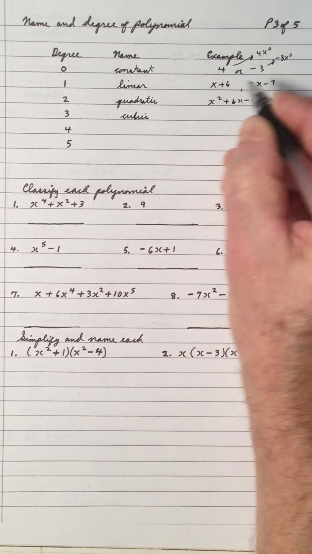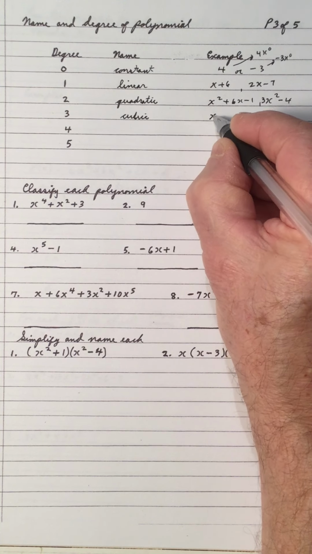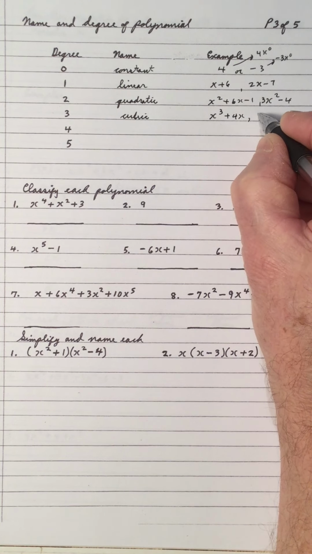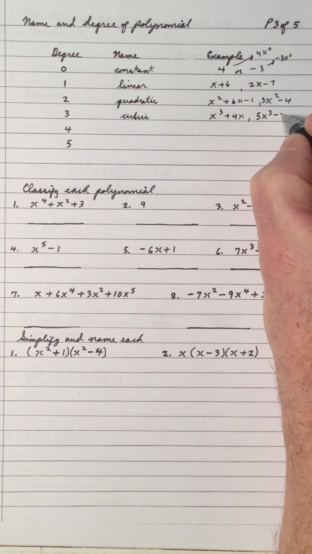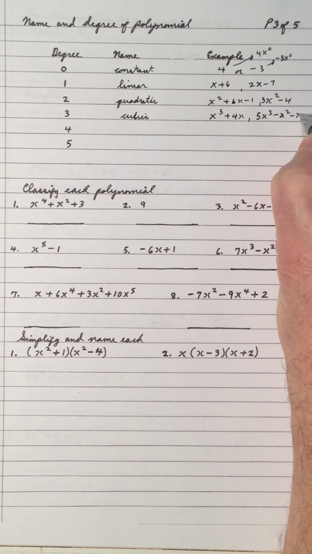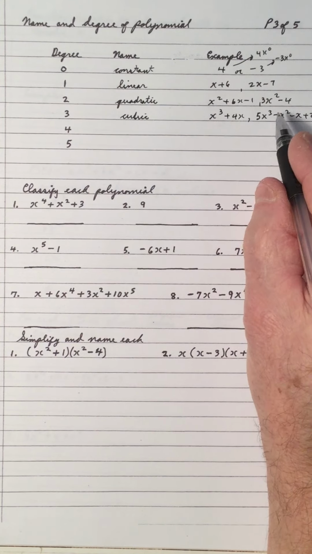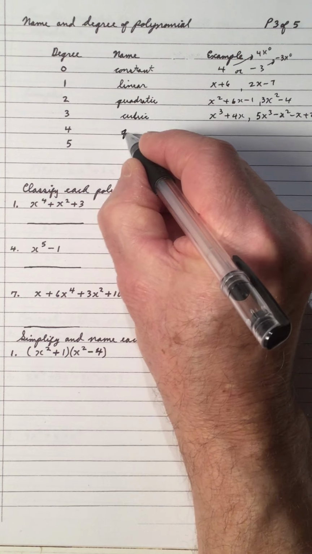It's a cubic polynomial, and a cubic polynomial starts with a degree 3, so it could be x cubed plus 4x. It could be 5x cubed minus x squared minus x plus 2, as long as it starts with a degree 3. And degree 4 is quartic,